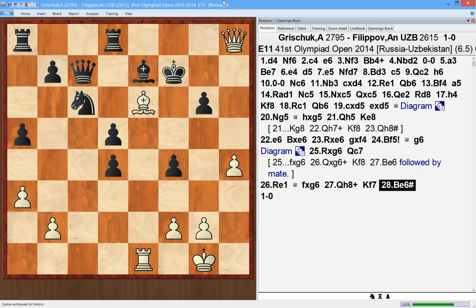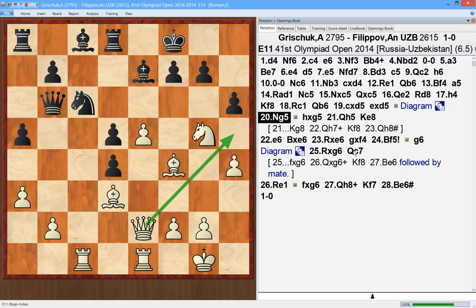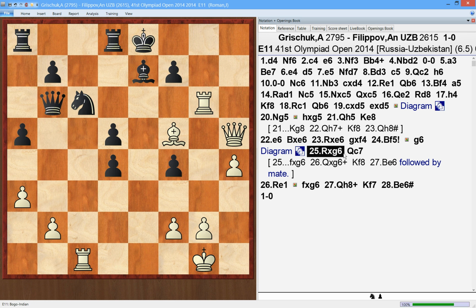This is a very nice game by Grischuk against a 2600 player, and it is very instructive for young players, I think, or for anybody who's trying to learn how to attack in chess. It shows why you want to have more space, where and when you want to sacrifice pieces, and finally it shows when you're conducting the attack you need to combine sacrifices like knight to g5 and rook on g6 with